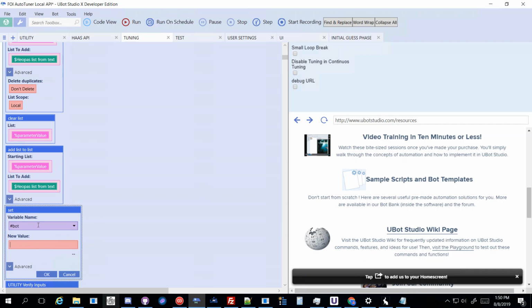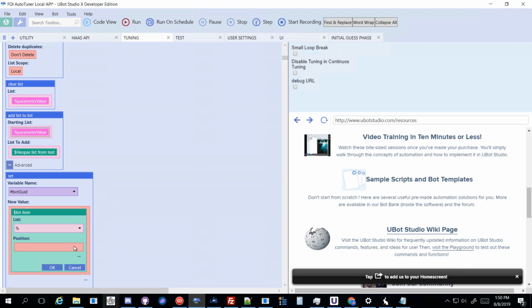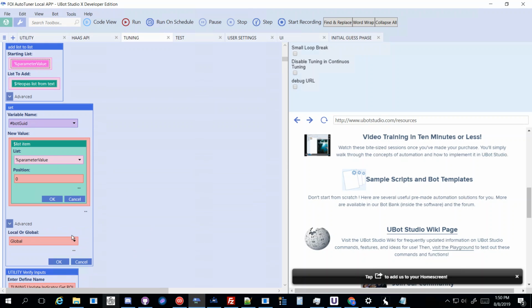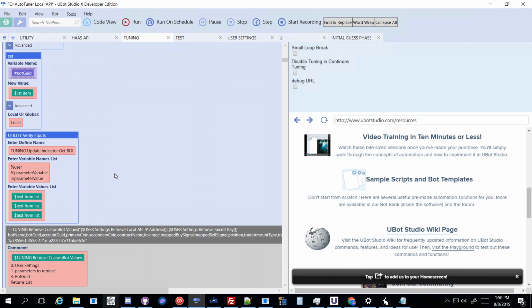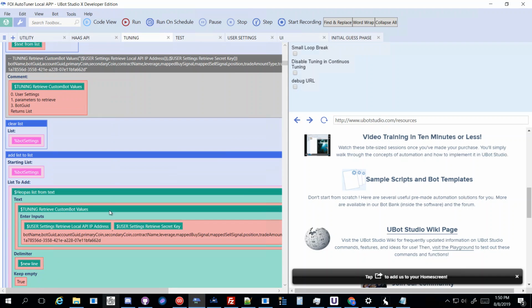Okay. And then we're gonna get the list item of that value at index 0 because that's the first number. Alright, and then we'll always make sure it's local. Okay. And we always copy and paste the variables, never type anything in because you can type it in wrong and get the wrong stuff. So now I can then replace what I need here